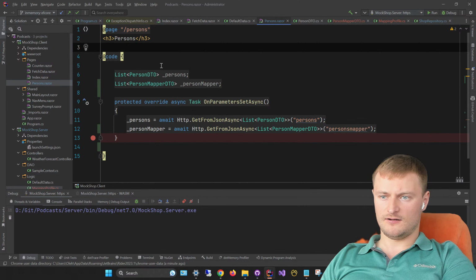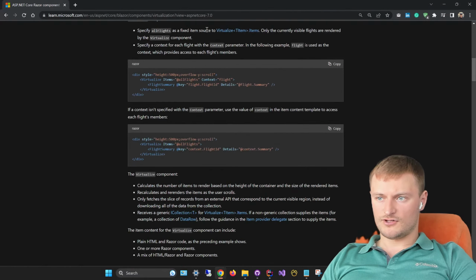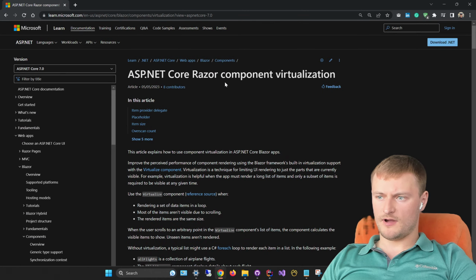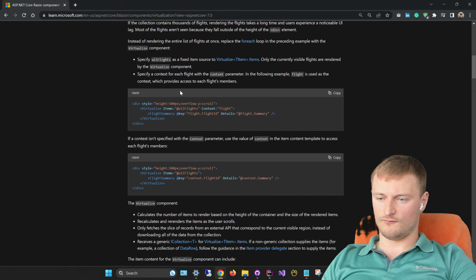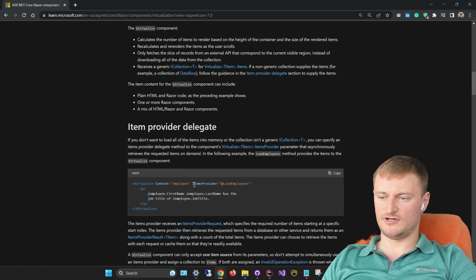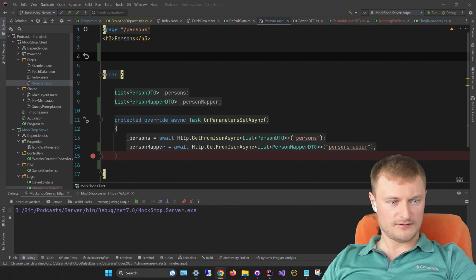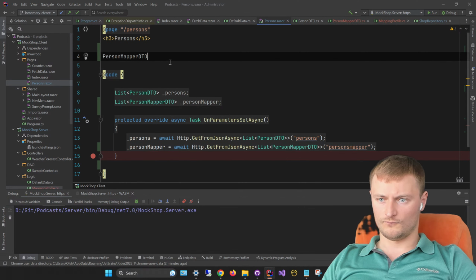Blazor WebAssembly has the Virtualize component. I will share this MSDN page about component virtualization. Virtualization is a way in which you can easily provide data to the front end, and it reduces the amount of resources needed for displaying some large data. So, for example, if I have a list of maybe 200 persons, this way of interacting is the preferred one. So let's try this snippet of code, and in terms of our persons,